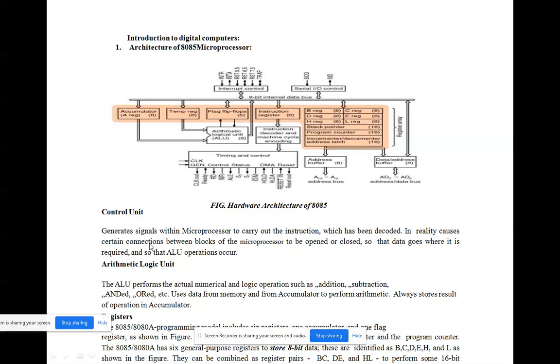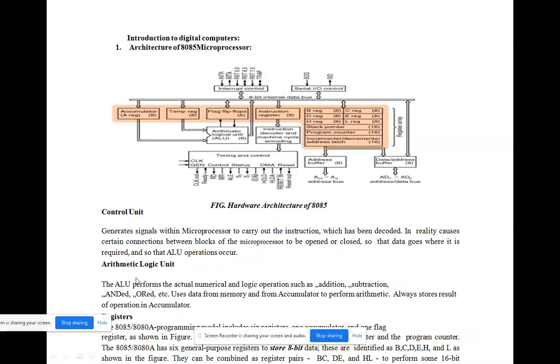In reality, it causes certain connections between blocks of the microprocessor to be open or closed, so that the data goes where it is required and the ALU operation occurs. So the control unit controls all the processes and signals to execute the instruction, that is the program which is decoded in the architecture.